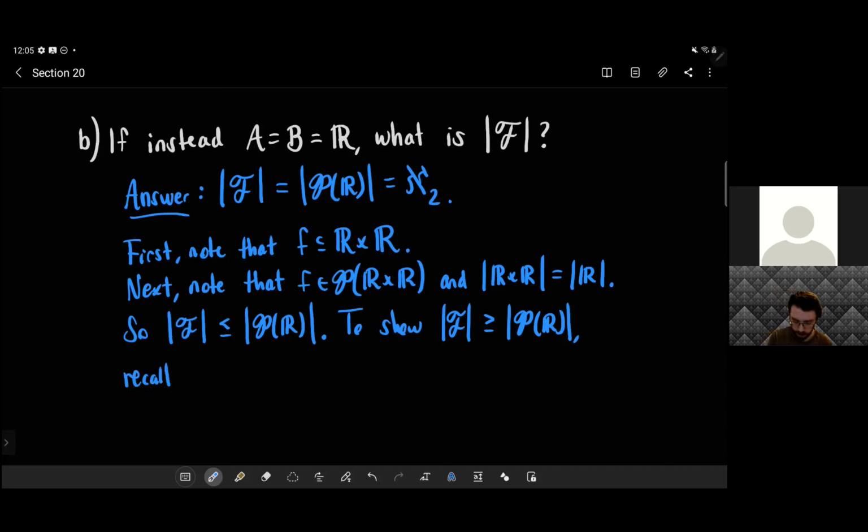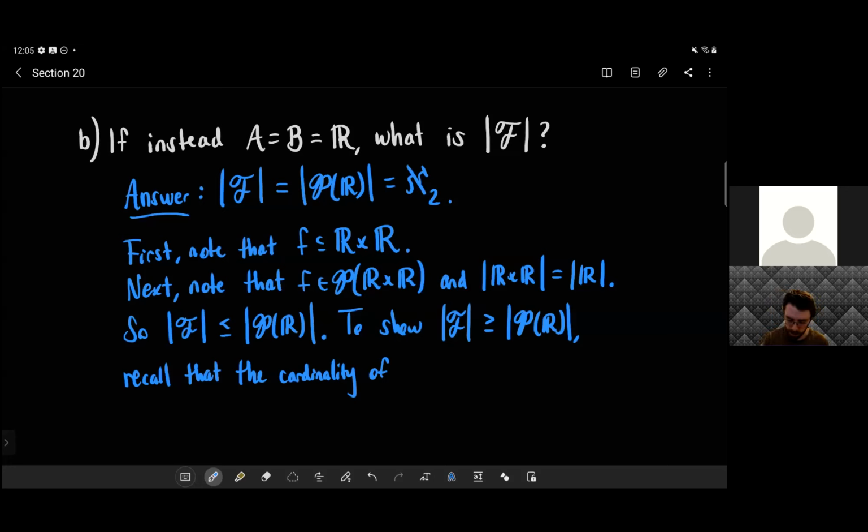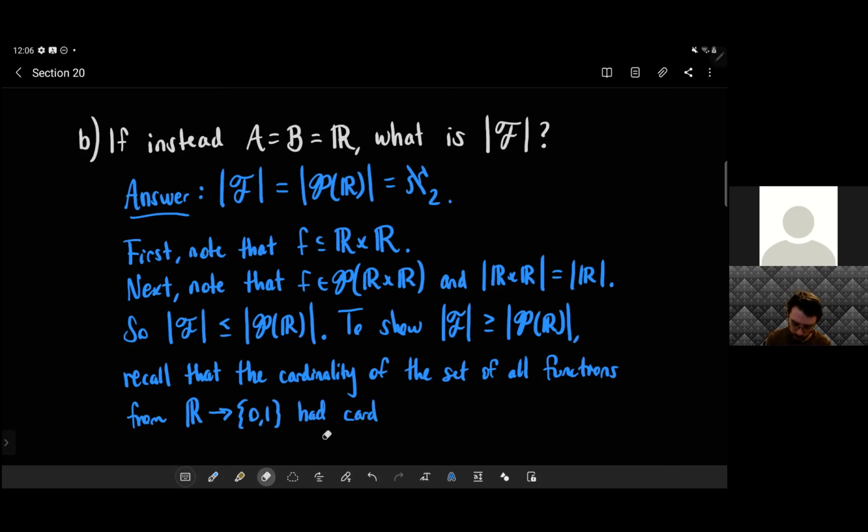Recall that the cardinality of the set of all functions from R to {0, 1}, that was also a homework problem. The cardinality of that set was